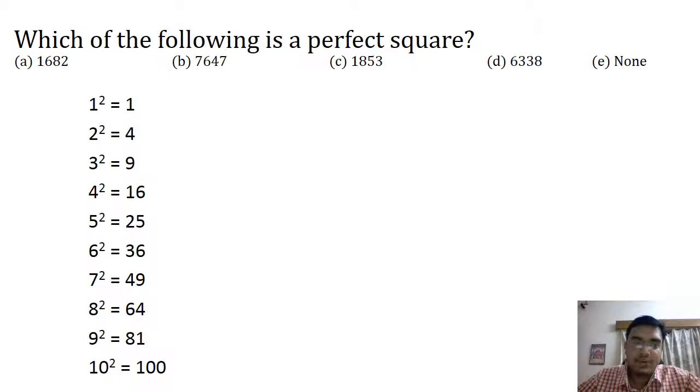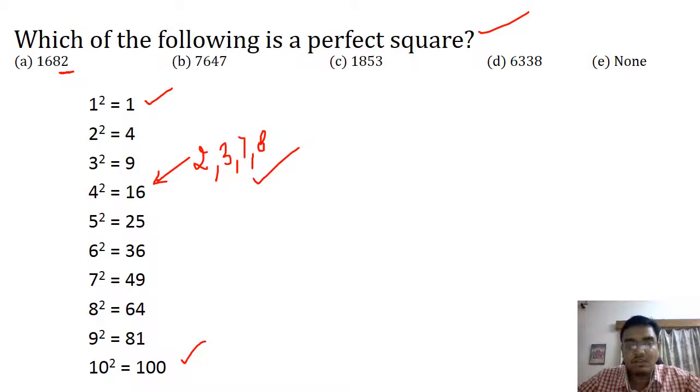Similarly, if we observe the squares of the first 10 natural numbers, we find that 1 square is 1, 2 square is 4, 3 square is 9. So at the unit place, we do not find 2 or 3 or 7 or 8. If a question comes like which of the following is a perfect square, then what we will look at first is that the square should not end with 2, 7, 3 or 8. If all four options end with 2, 3, 7 or 8, our answer would be none of these, because no square ends in the digit 2, 3, 7 or 8.